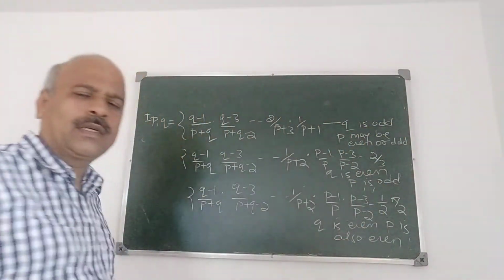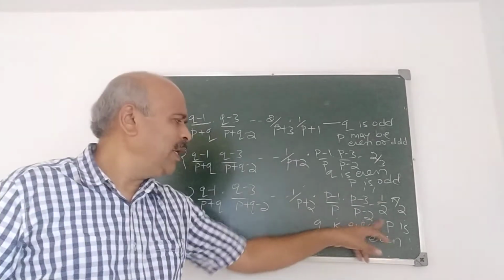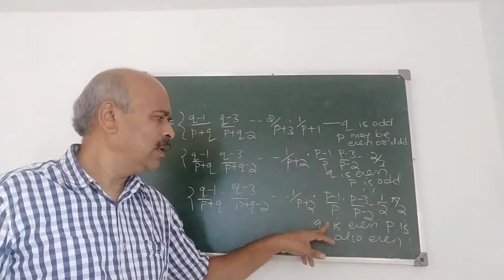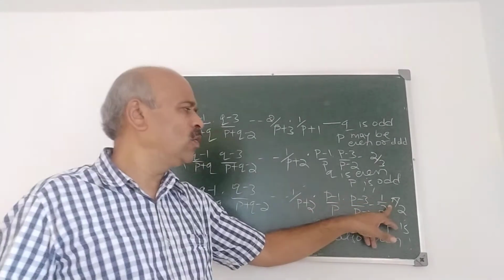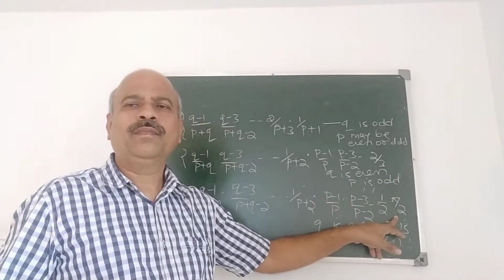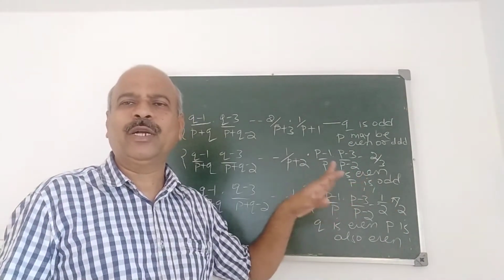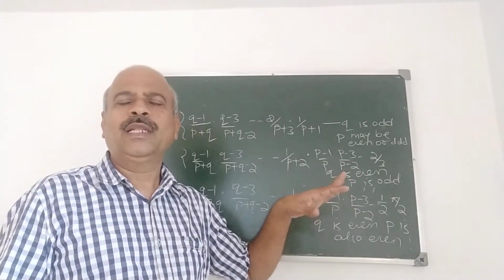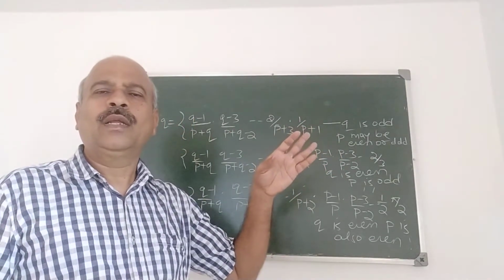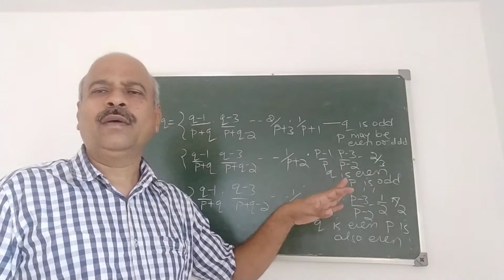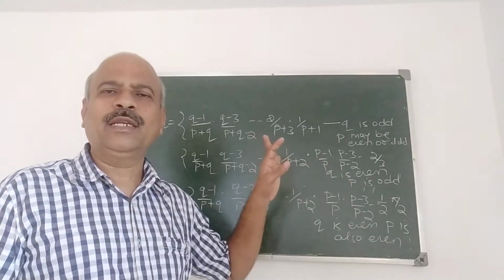What do you observe here? The important thing is, if both p and q are even, then the last factor we have to multiply by is pi by 2. You have studied sin x raised to n, cos x raised to n, from 0 to pi by 2. Same. In that formula, the last factor will be pi by 2 when n is even. Otherwise, it reduces to 2 by 3.